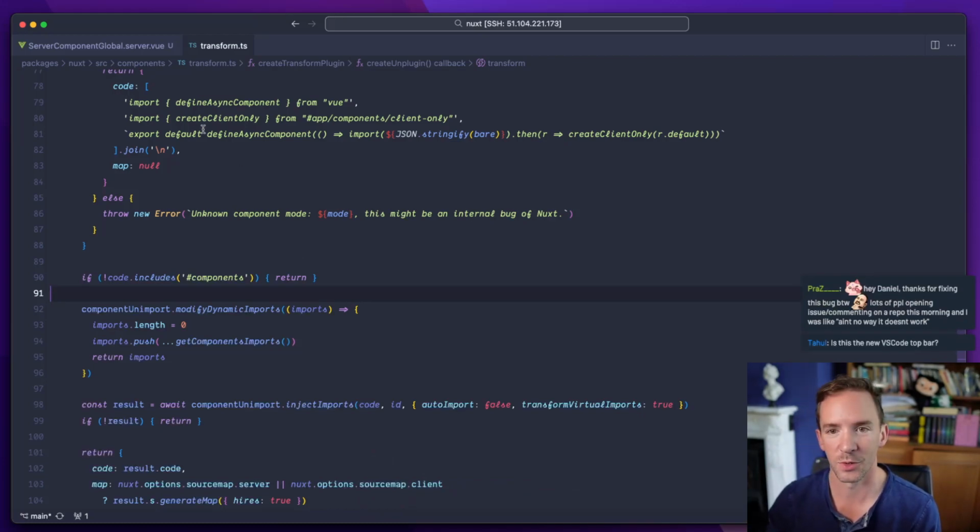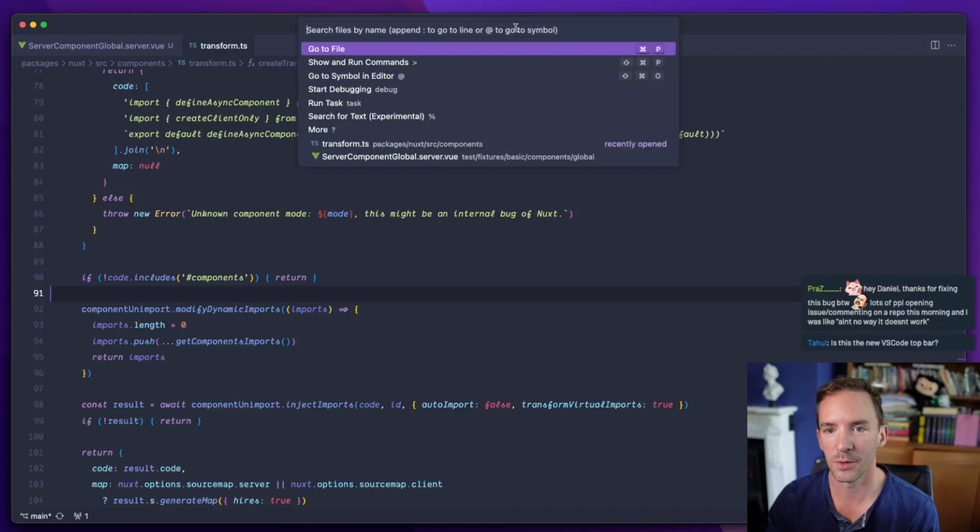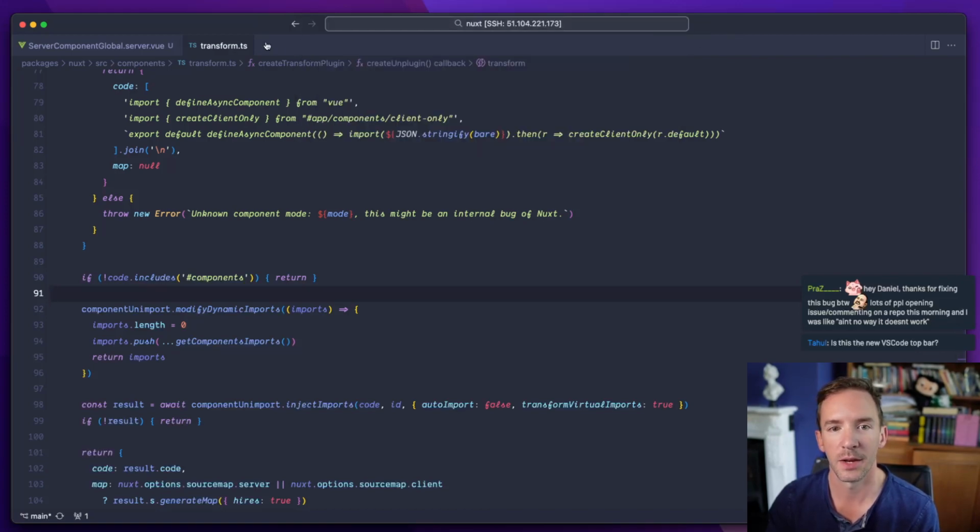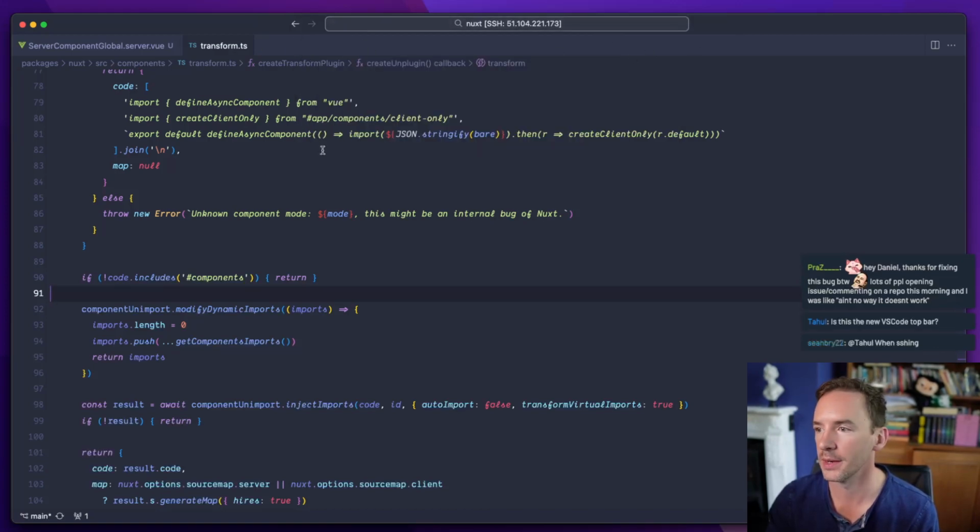It is the new VS Code top bar. I'm not sure what I think about it. I don't use it at all. I don't think it takes up any extra space, but